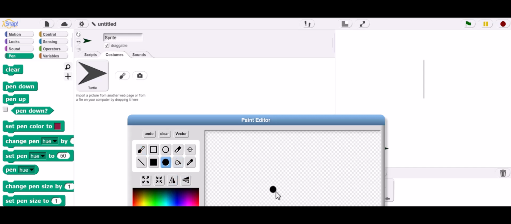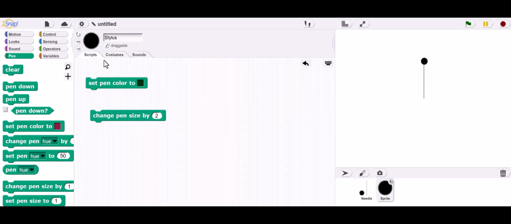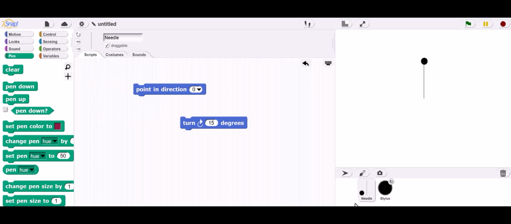and this circle will be attached to the top of the line that I created just by using the stick to command. So I'll stick it to the needle to attach it, and so I can keep track of what this sprite is intended to do, I'll name it stylus, and I want to be sure that